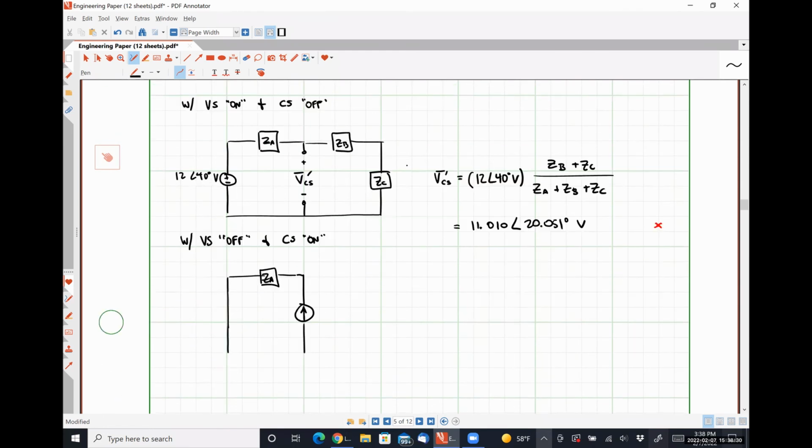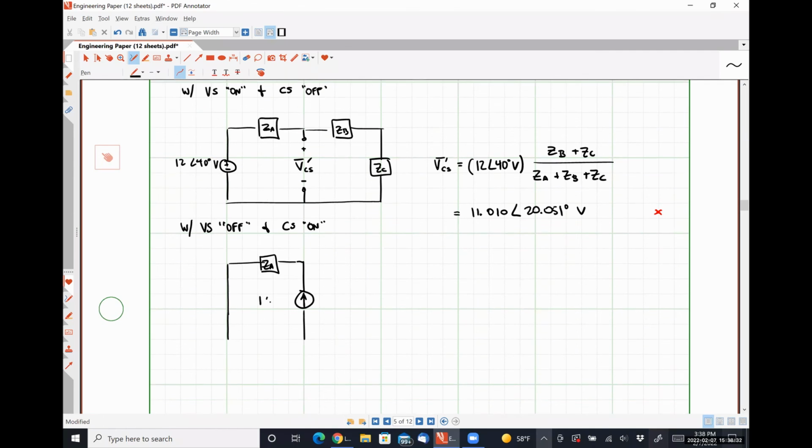That was one angle negative 30. Call this VCS double prime. So I need to put another prime on there. All right, so